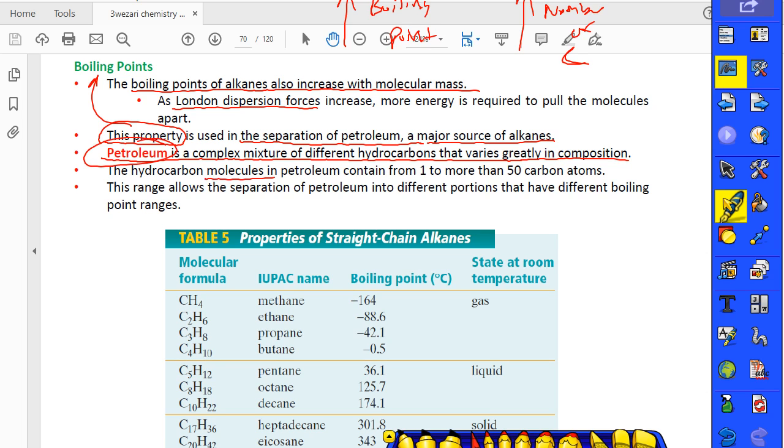So the hydrocarbon molecules in petroleum contain from 1 to 50 carbons. As I told you, petroleum consists of compounds that contain from 1 to 50 carbons. And this range allows the separation of petroleum into different portions that have different boiling point ranges. It means that if you have a mixture that contains substances with different numbers of carbons, you can easily separate them by using their